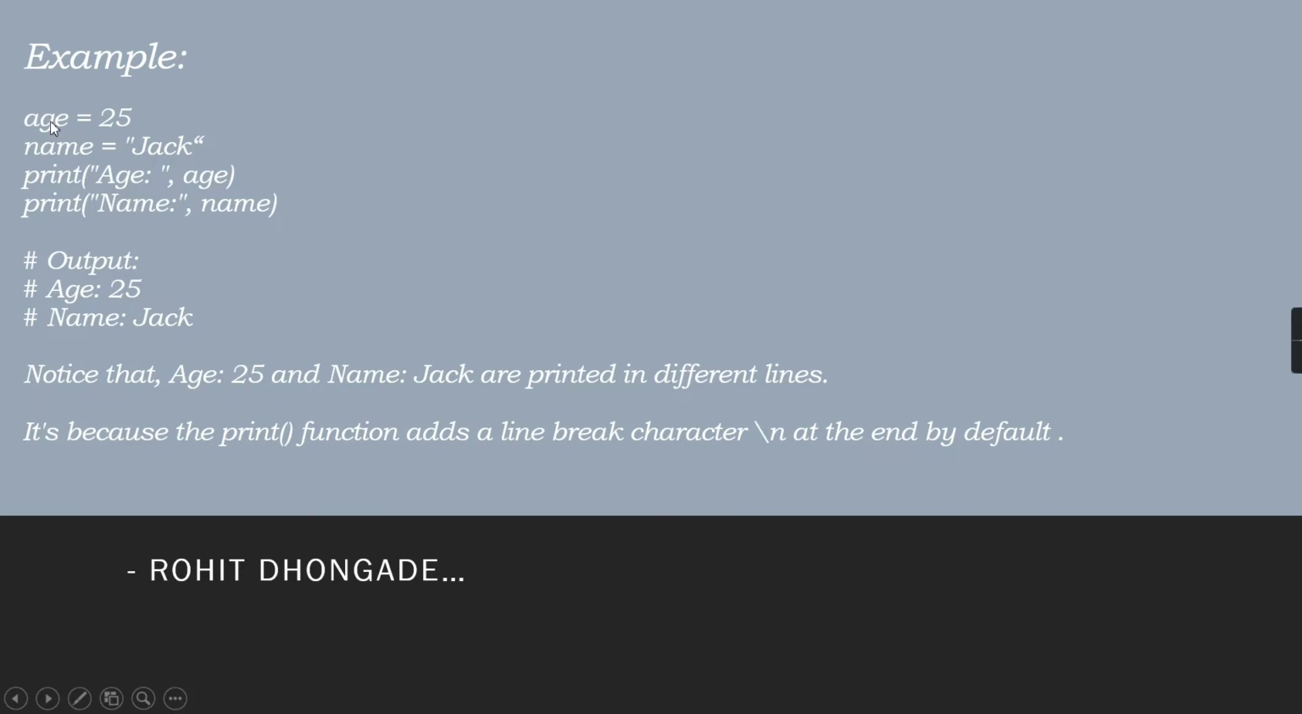Here I make a variable called age. In age I will store 25. In name I will store Jack, and in print I will, in a quotation, write age, and